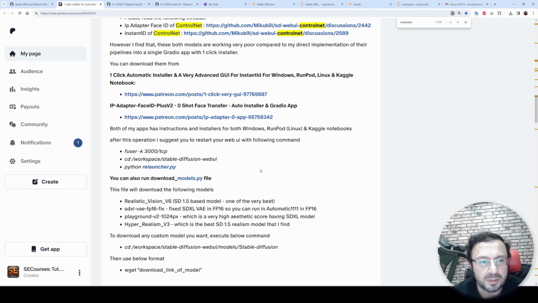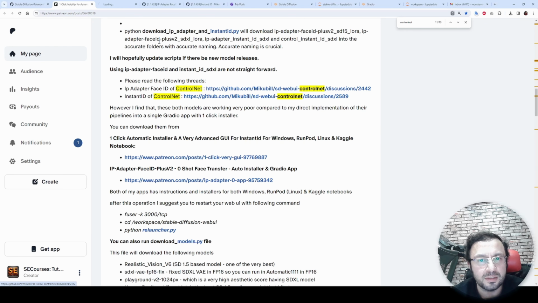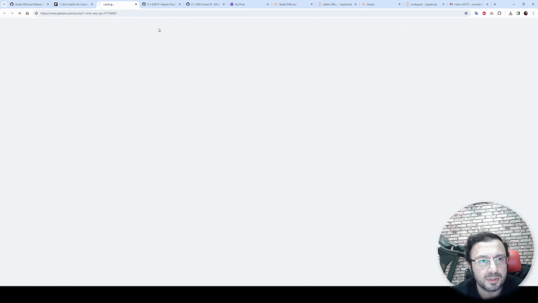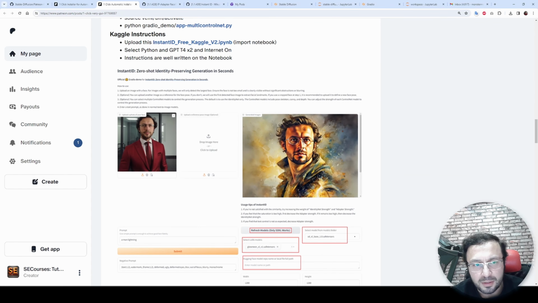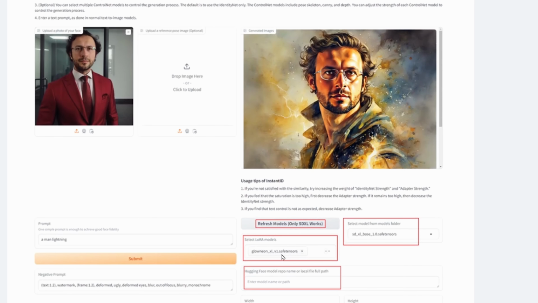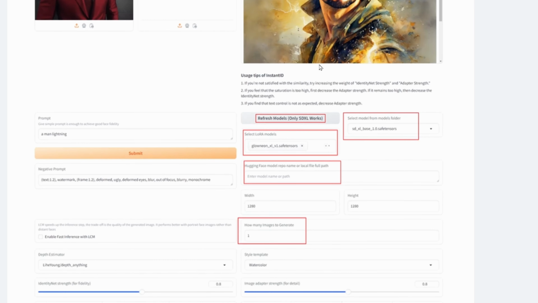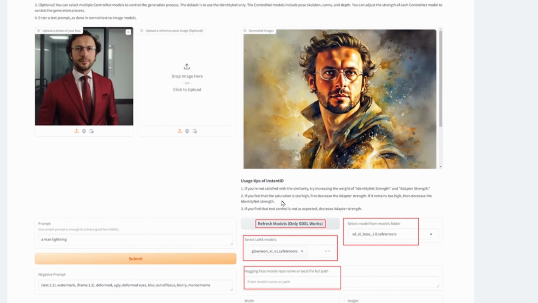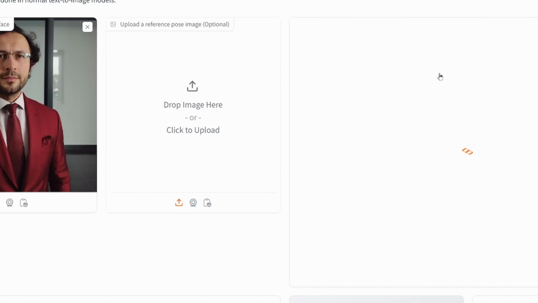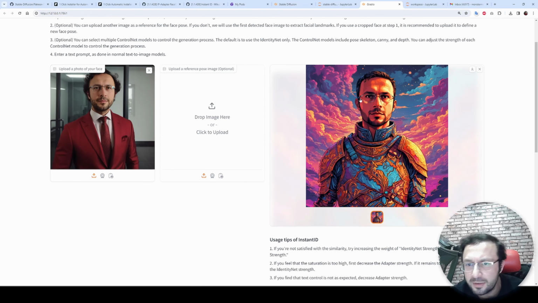Let me show you one of the results that I have got. I have shown it in the Patreon post, which is, let me show you here. So you see, I have used a Glowin Excel version Y LoRA model, and I have used the SDXL base model. This was the input image. I said a man lightning, and this is the output I have got. I didn't select any ControlNet for this example, and it worked perfect. So you need to play with this to understand how it works. You see, this is also pretty accurate, but in here we cannot get anything like it.